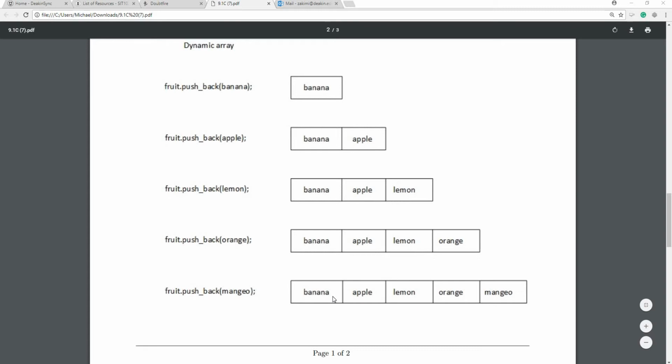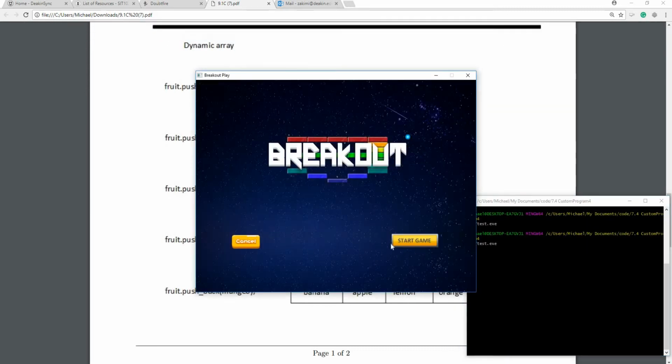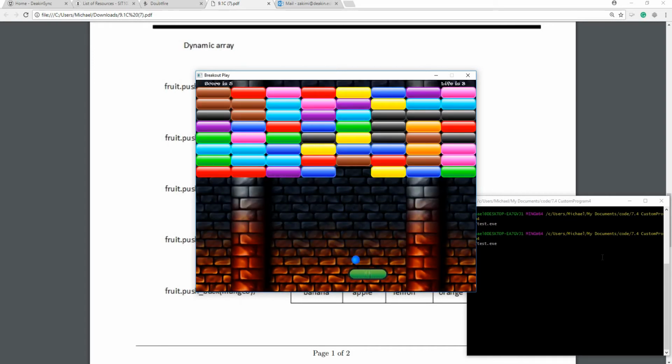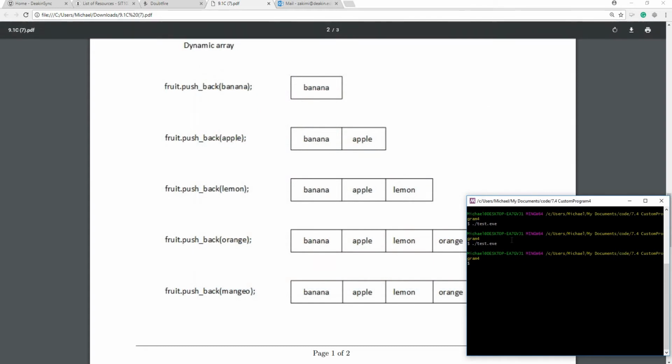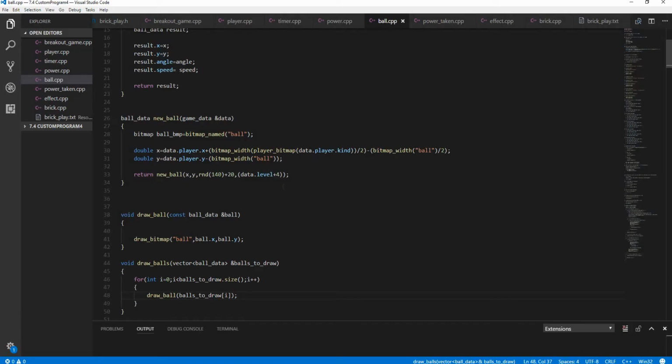So let us have a look at my game and how I have used dynamic array. So that is how my game looks like. As you have seen, I have a lot of bricks at the top of the screen, and I have a player and I have a ball. Let's look at